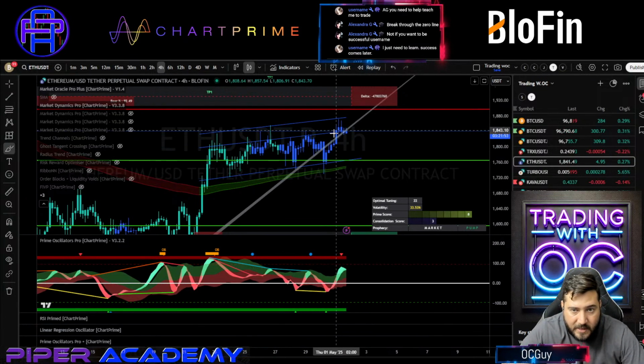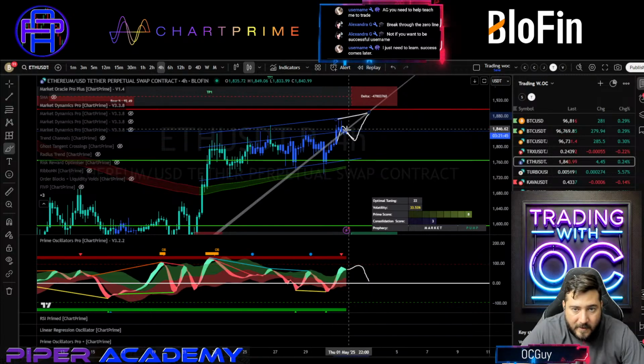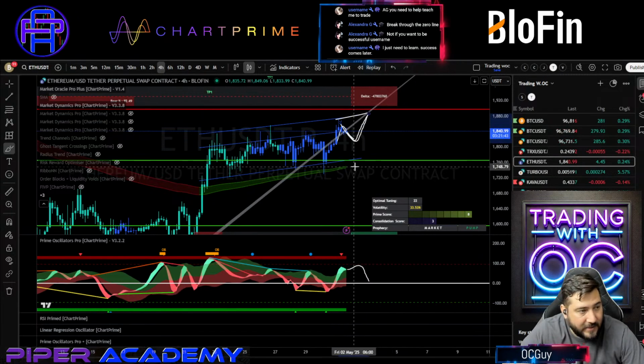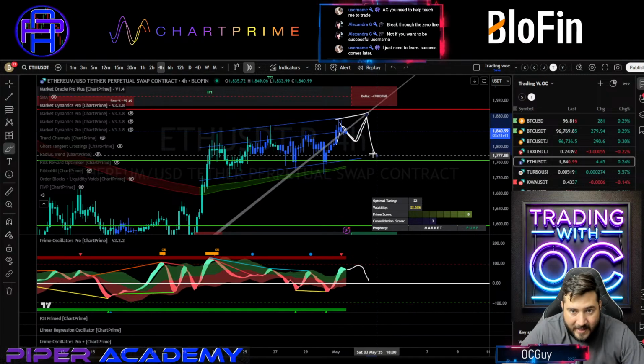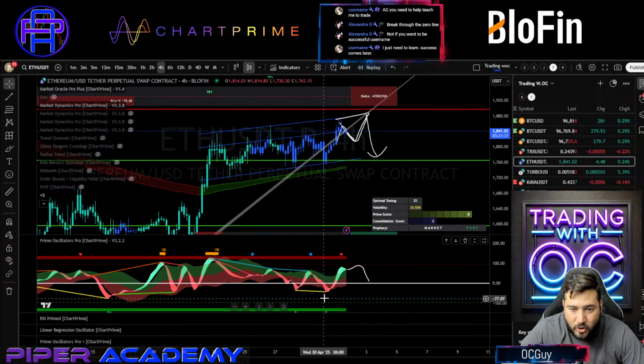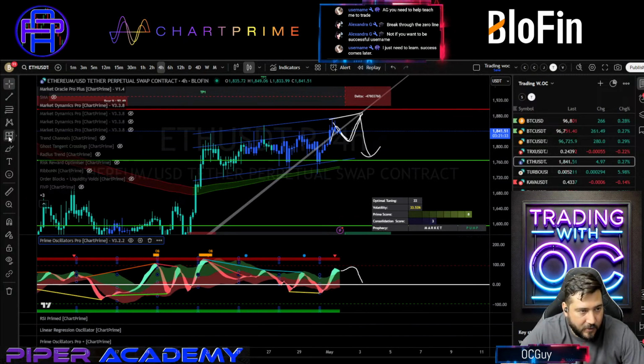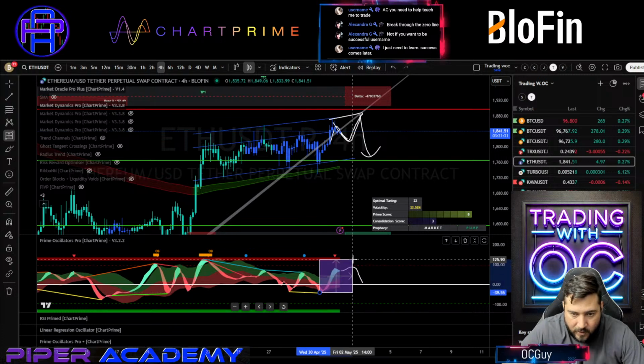What does a goose head mean? Slight reversal, right? For then a further move to the upside, maybe breakout retest. So yes, retest, and off we go. All right, let's measure that. Do we have a well-defined flip of the ribbon? Yes. All right, so let's use it. Our well-defined flip of the ribbon. This is our box.